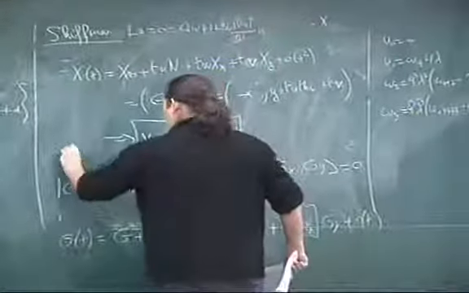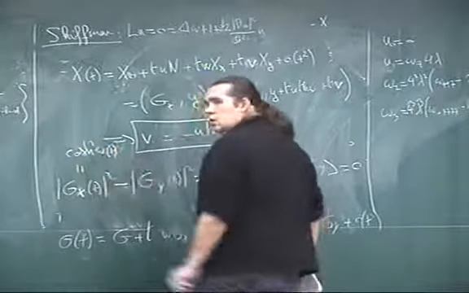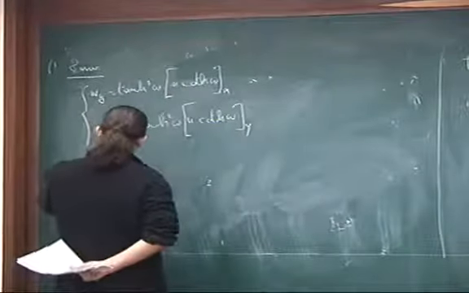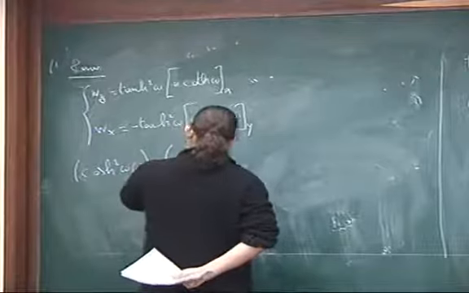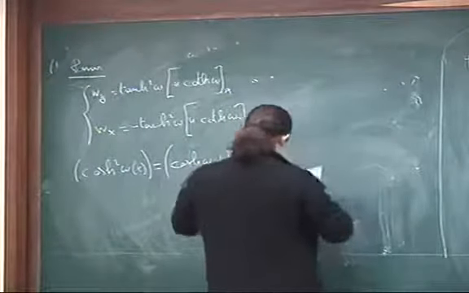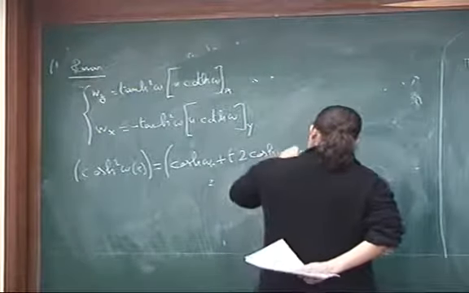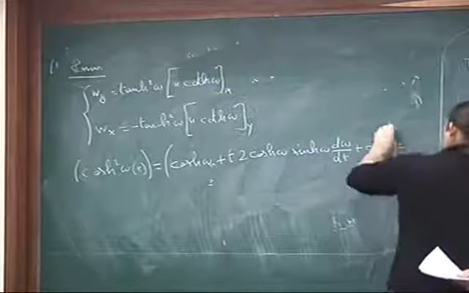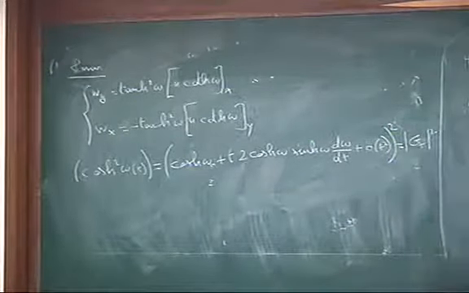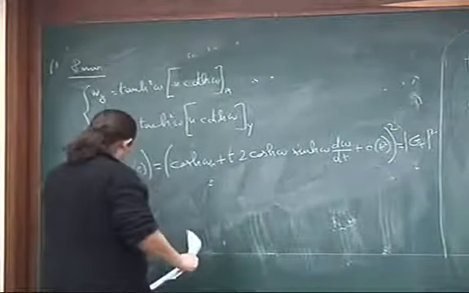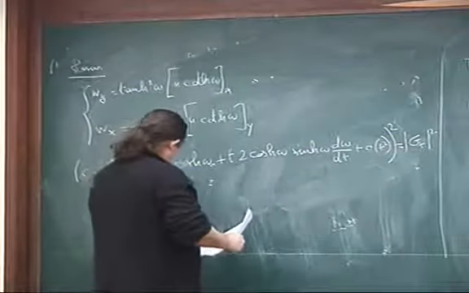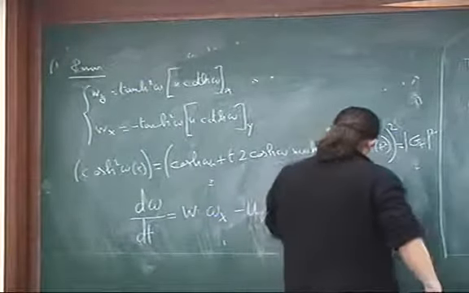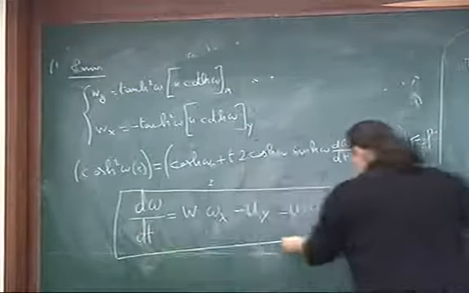jx tie is cos carré omega t, and I write that cos carré omega t is cos omega 0 plus t2 cos omega sin h omega d omega dt plus tau t square is gt square, and then I found that d omega dt, the variation of the metric, is something like that.